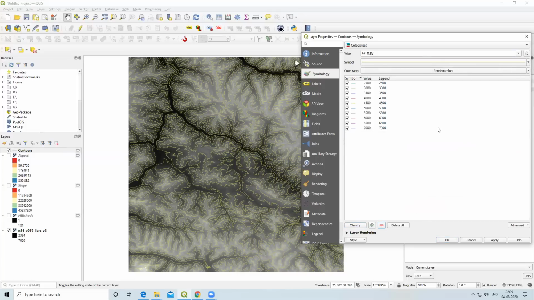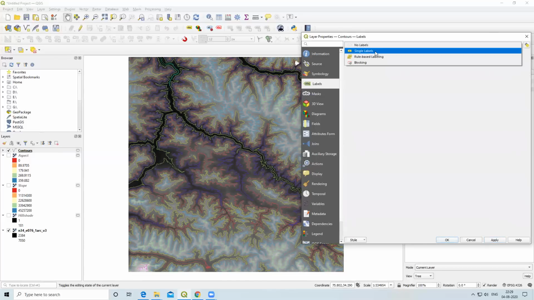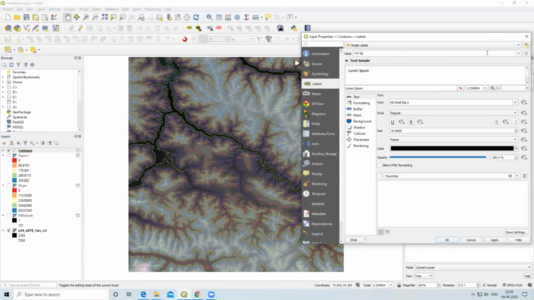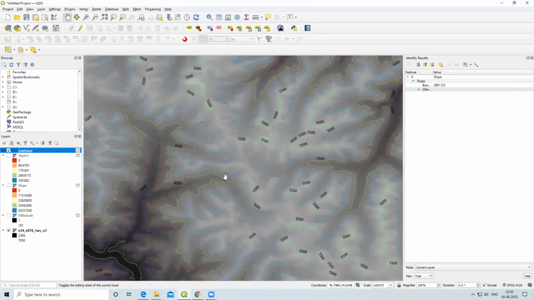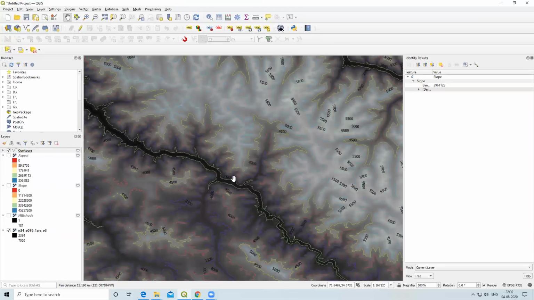So I will apply and OK. We'll label it first. I'll right click, label. Here select the elevation value. Apply, OK.